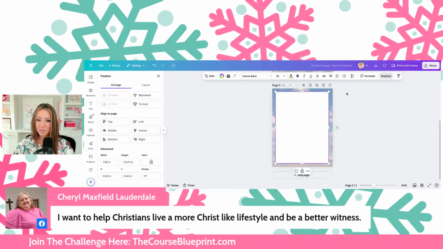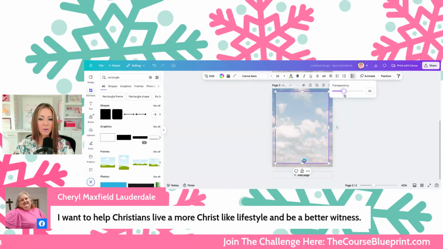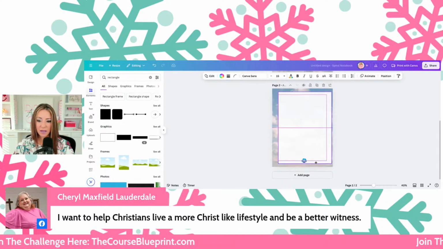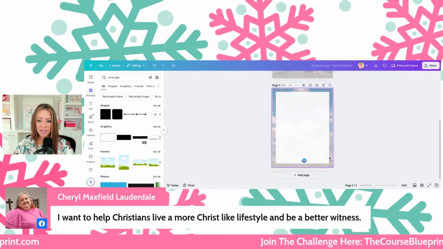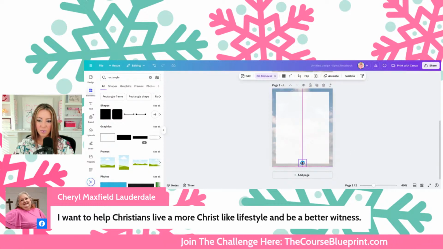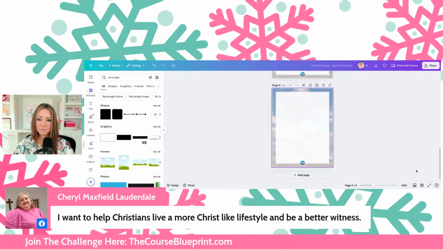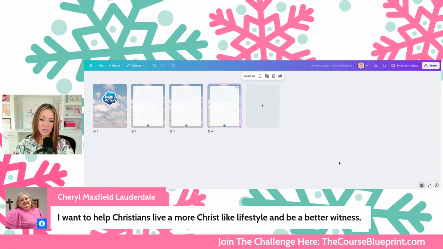So I'm going to position it backwards so the logo goes in front of it. You could make this a tiny bit transparent. I don't want to make it too transparent though, because then we're wasting people's printer ink, right? So you could do something like that. You can slightly see the clouds below it. And then you want to center it. See the two crosses? You want it like that. That's centered on the page. And this logo you could put right here if you wanted. Then you can start to duplicate this page, and now we've got the front cover of Faith in Action. Then we can write words here, words here, words here.